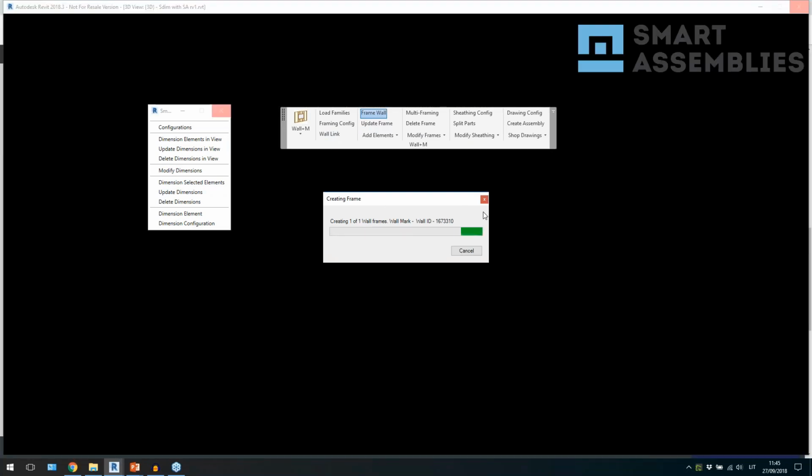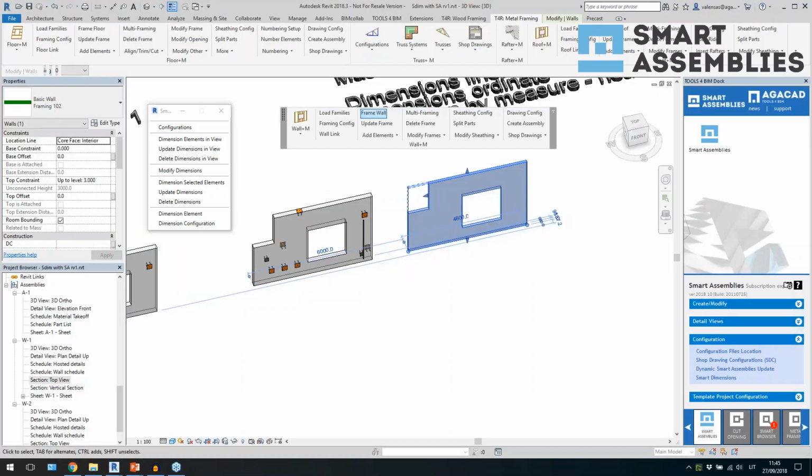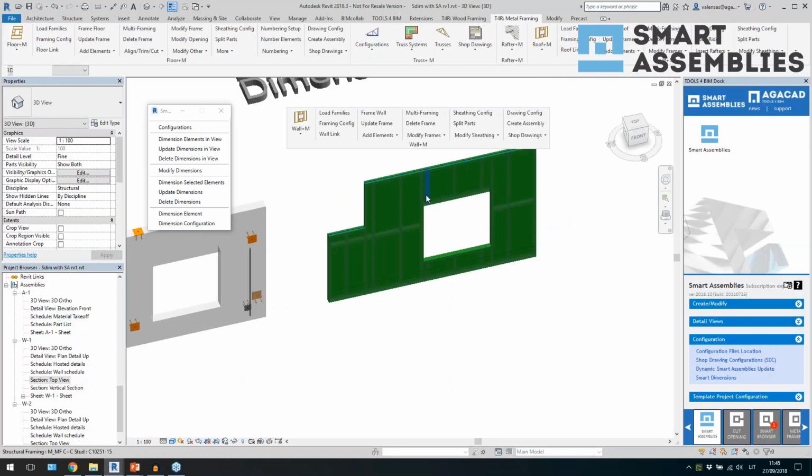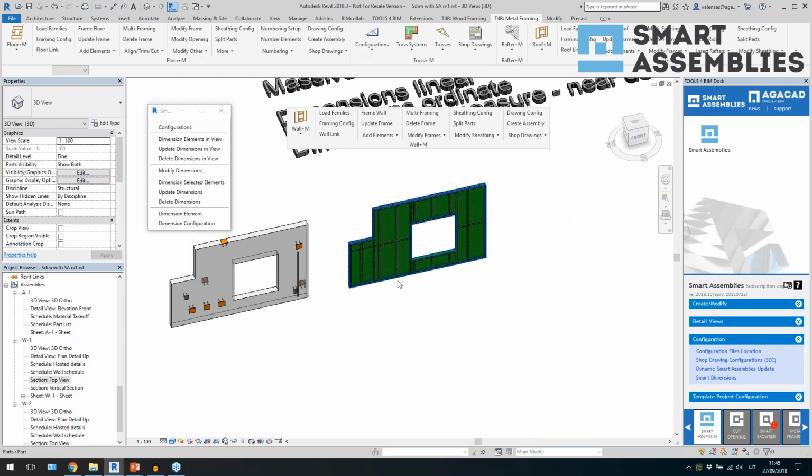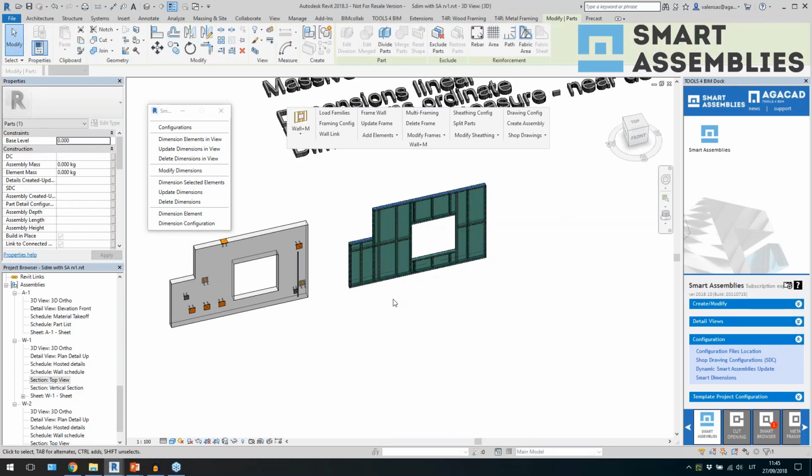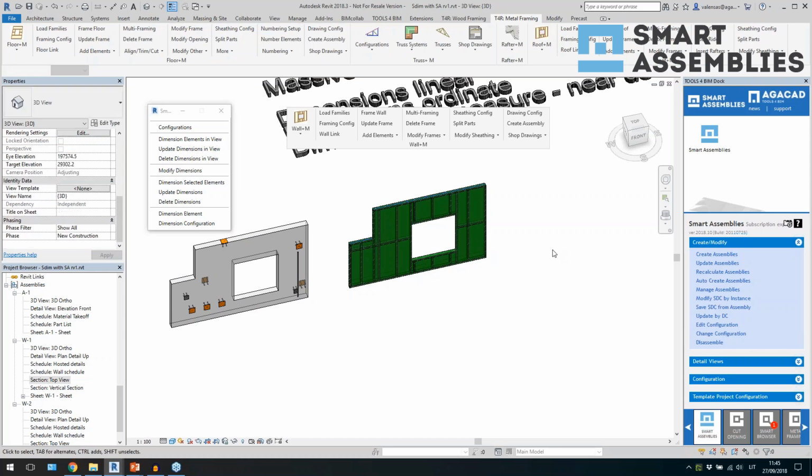So I'm gonna show you what's the difference with smart assemblies and smart dimensions. So here you see I have a wall and so on. If I just give it a mark for this wall, and if I try to create an assembly for this wall,